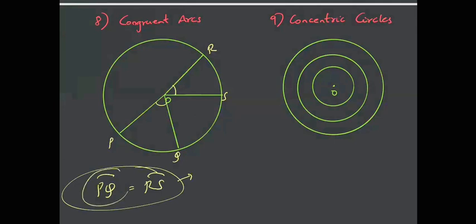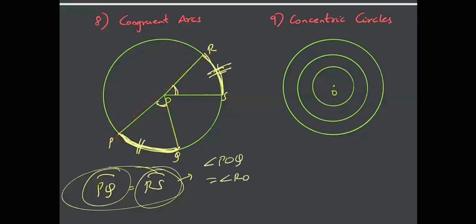What do you mean by arc PQ is equal to arc RS? Arc PQ means this entire length, and this entire length is equal to this length. So if these two lengths are equal, then PQ and RS are said to be congruent arcs. There is a property that arcs of equal length will subtend the same angle at the center. So the central angles of these two congruent arcs will be equal. In this case, I can say that angle POQ is equal to angle ROS. And the converse is also true. That is, if there are two arcs which subtend equal angles at the center, then the lengths of those two arcs are the same.